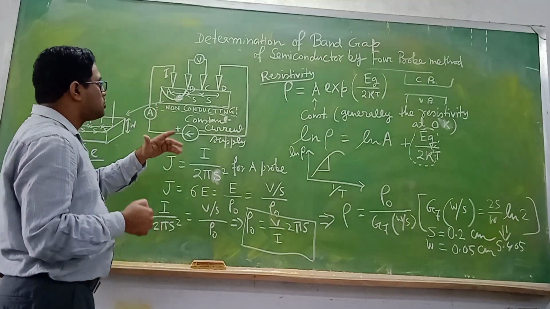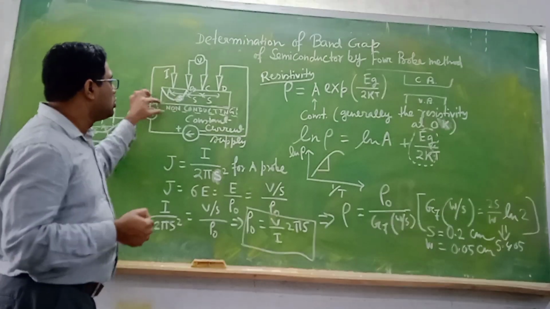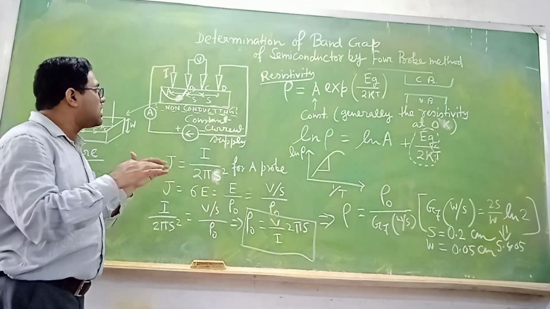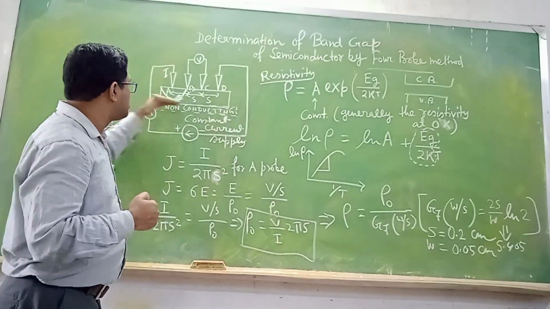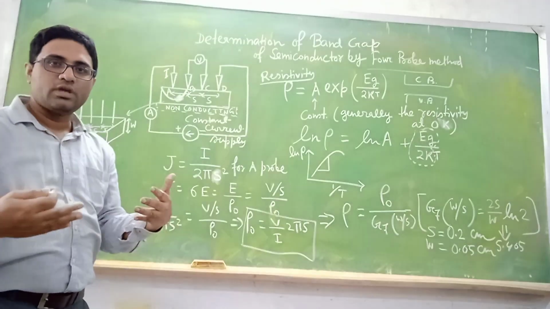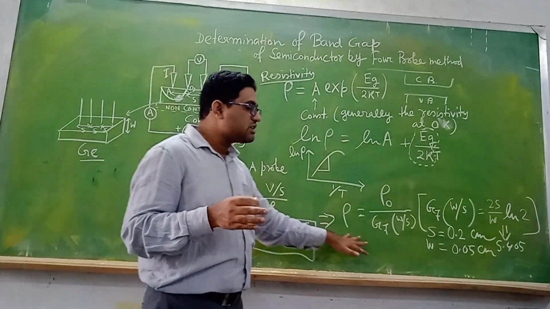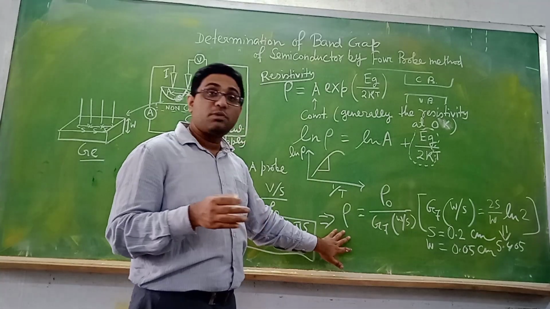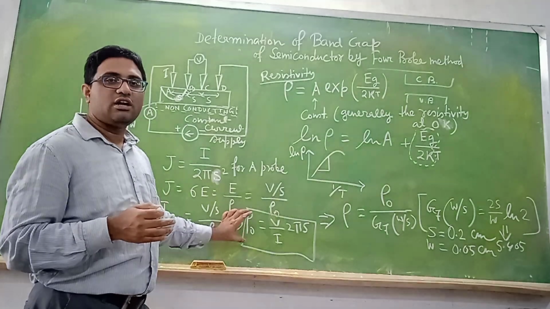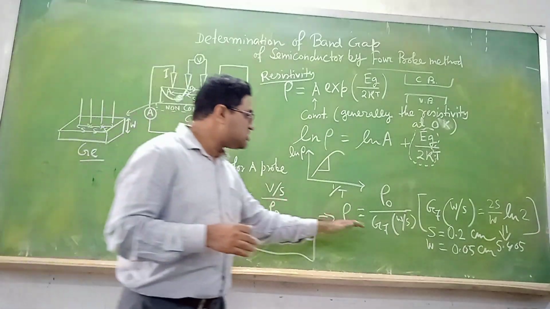And one thing you have to remember: when we are sending the current, some portion of the current can go to this platform, which is written here as non-conducting. If it is conducting and current goes through this platform, some current may be lost, right? So the resistivity can change. So there will always be a correction factor. This is the theoretical resistivity, and if you measure it experimentally, there will be a change, and the change is like this.